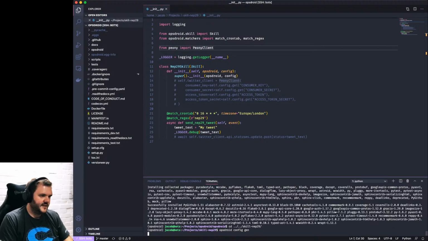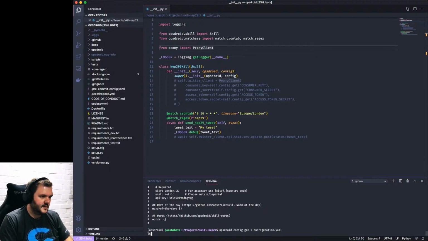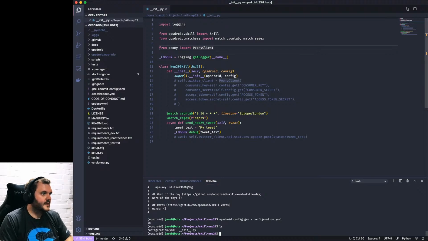If I do opsdroid config gen, yes, we get an example config. Let's just pipe that into configuration.yaml. And then let's open that as well.